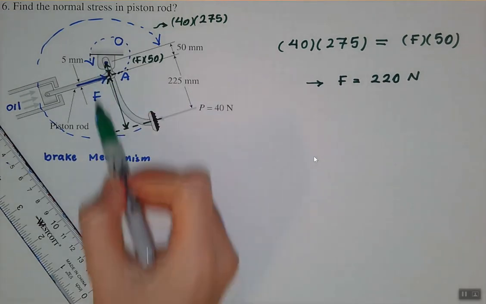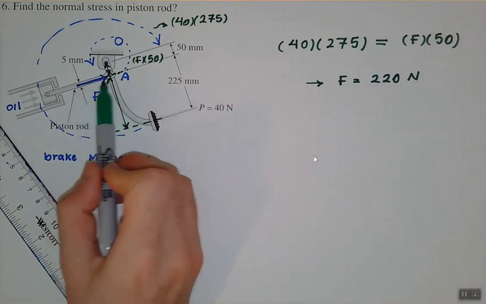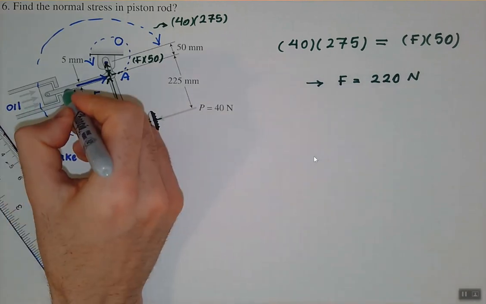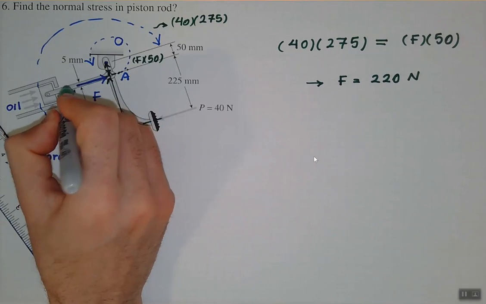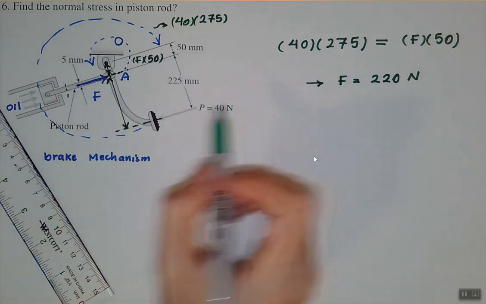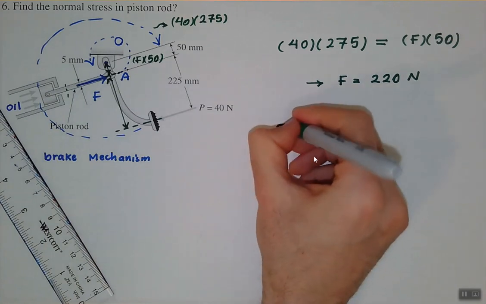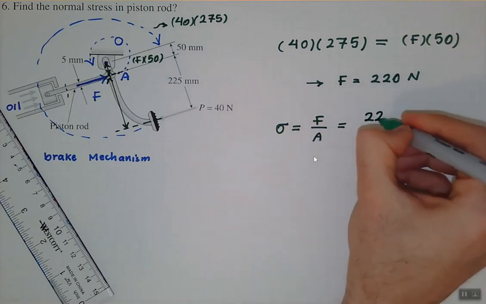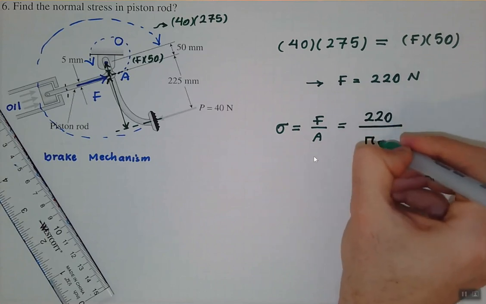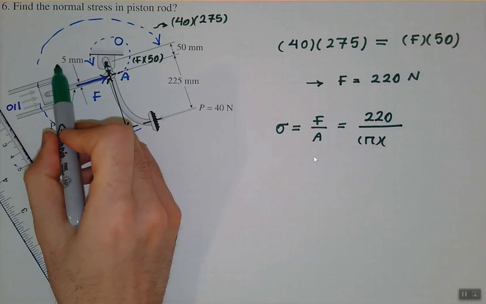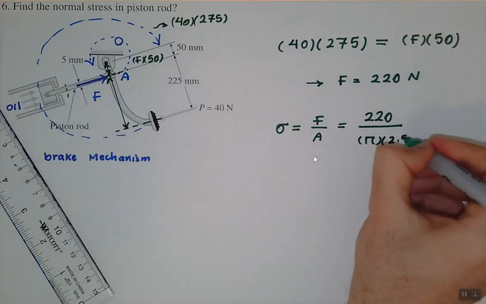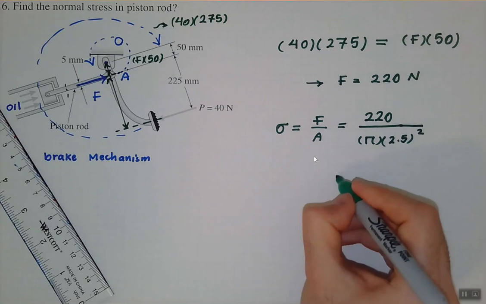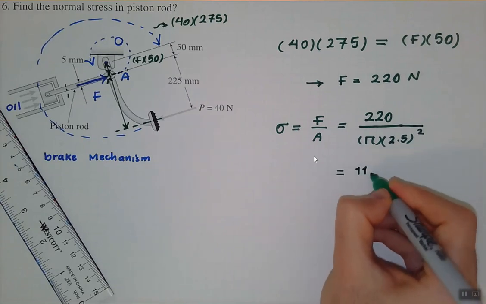So it makes sense: when we apply load P over here, which is only 40 Newton, because of this arm length and everything, the load that we create in this rod is almost 4 times bigger. And now the question asks us to find the stress in this rod. This rod has a diameter of 5 millimeters, and we know stress sigma is F divided by A, and A is pi multiplied by R squared, with 5 millimeters. So don't make a mistake. I usually make a lot of mistakes like that in calculation. If we simplify it, we will get 11.20